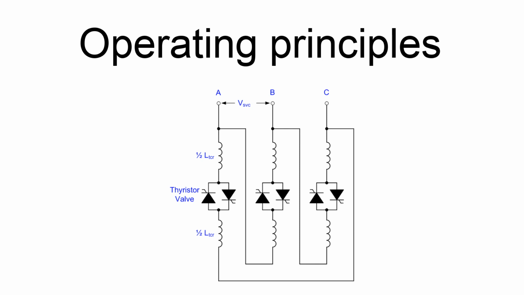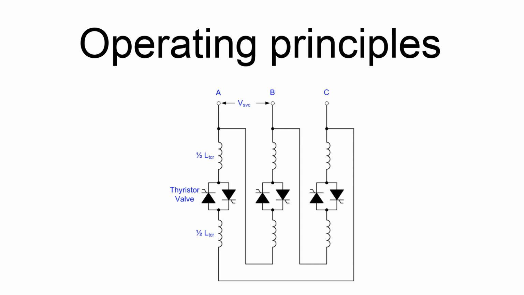The current in the TCR is varied from maximum, determined by the connection voltage and the inductance of the reactor, to almost zero by varying the firing delay angle. Alpha is defined as the delay angle from the point at which the voltage becomes positive to the point at which the thyristor valve is turned on and current starts to flow. Maximum current is obtained when alpha is 90 degrees, at which point the TCR is said to be in full